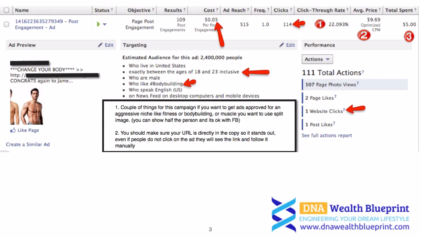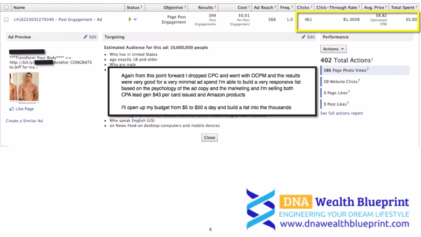So let's scale that back and keep on this particular Facebook module. Where was I? Oh, so if you look at my post engagements, only 5 cents. That I can deal with. Okay, so now you're going to see what I did. From this point forward, I dropped my CPC. I went to optimized CPM, and the results were very good. So now all of a sudden, I've got a very minimal ad spend, and I'm able to